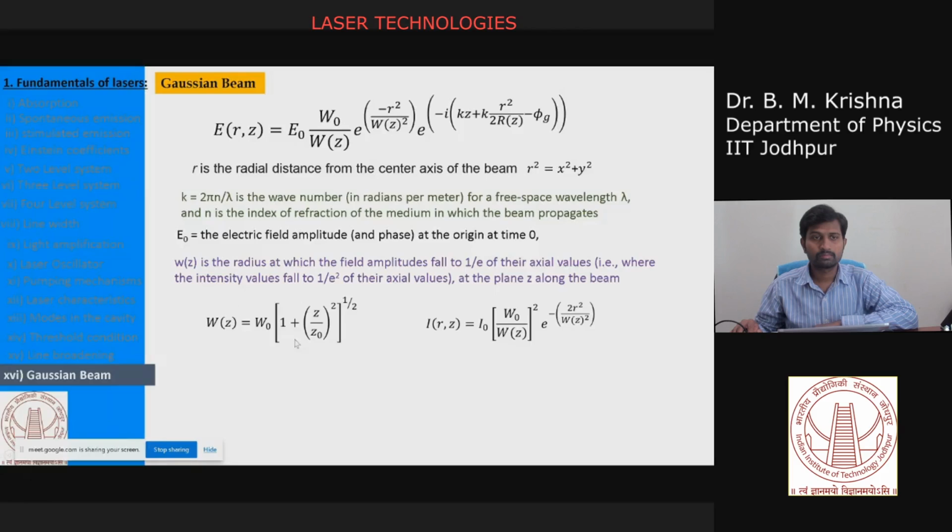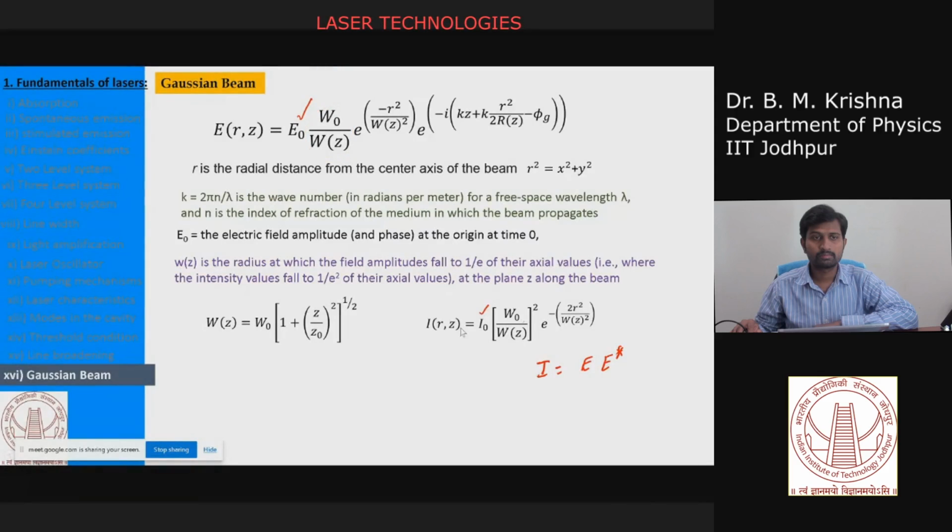And depending upon W of Z, your intensity, so your intensity is nothing but, if we know the electric field, your intensity will be the electric field and its complex conjugate, right? So now you take these vectors, your E naught square gives you I naught, and this whole factor will be squared,